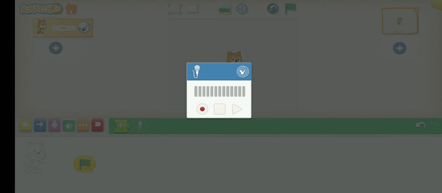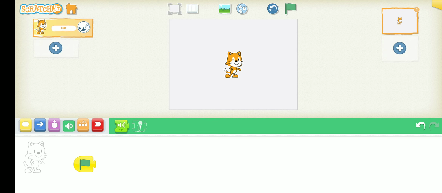So why are we using this block? You can use this block when you are creating any stories. By changing the background and having good programming blocks, you can create a story and you can have your own sound behind it to narrate the story. Here I am not using any sound block. It is just an explanation for you. At home you can explore. Okay children? Now let's come to this orange block.